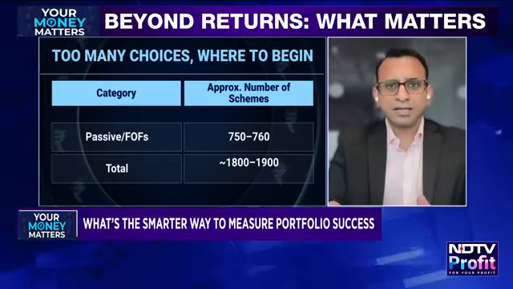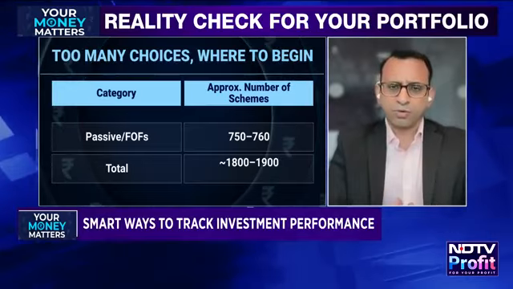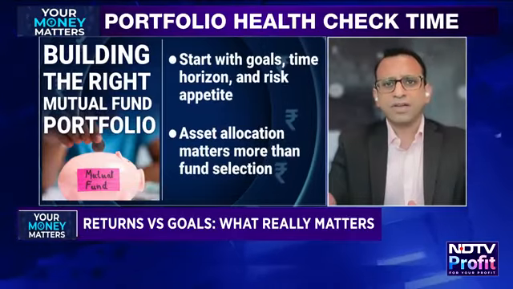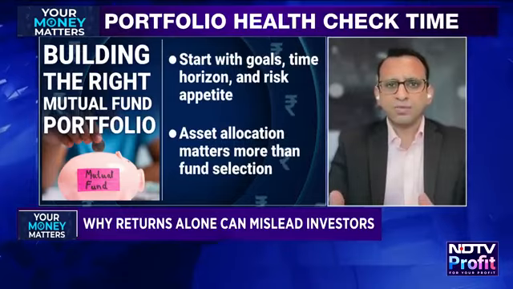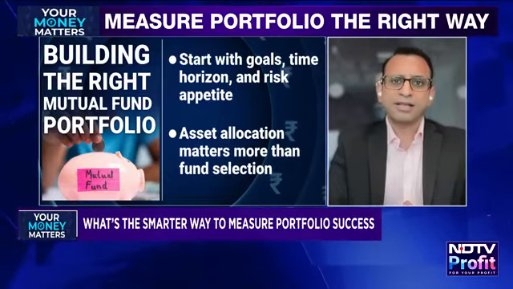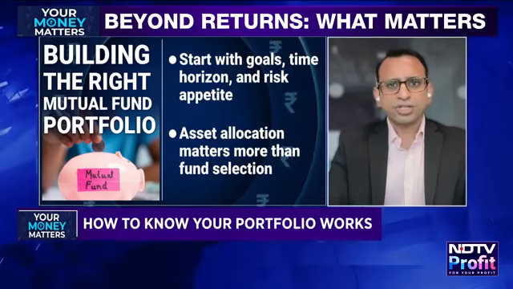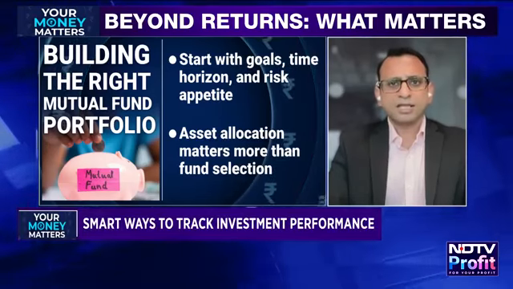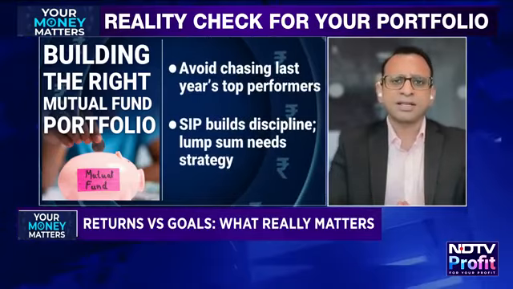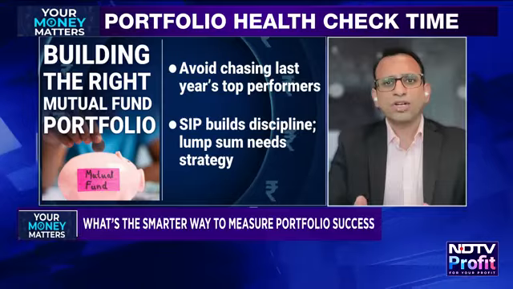Now, before one gets into which funds to get into, the idea should be that one should get into the broader picture of the portfolio. So how should one go about it? Step one should be to understand what the goals of an individual are, what time horizon the individual has, and what kind of risk appetite one can withstand with respect to volatility in the portfolio. Basis this, step one should be deciding asset allocation. Once asset allocation is clear as to how much should be in Indian equity, offshore equity, gold, silver, and other things, then one should get into deciding which funds to have in the portfolio, and that's how one should proceed.